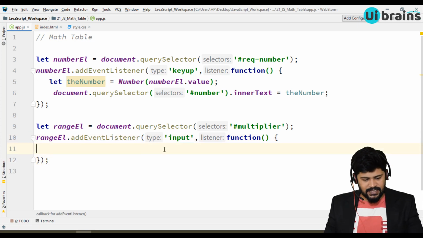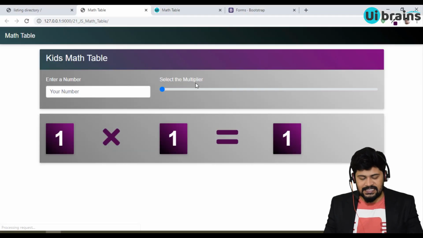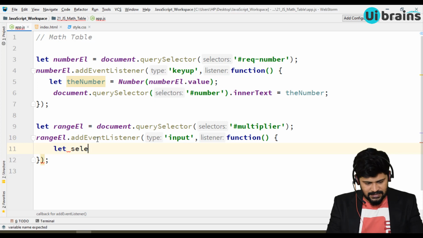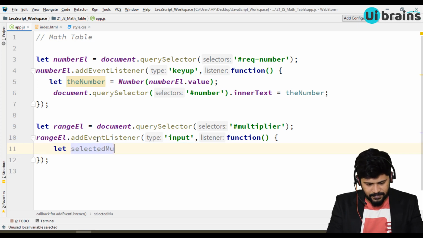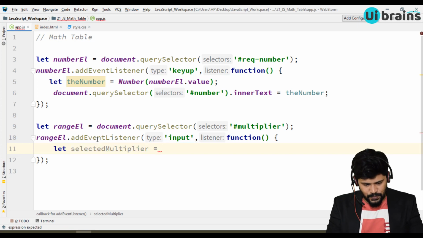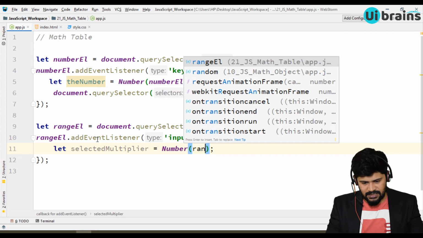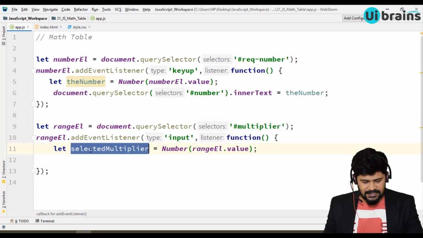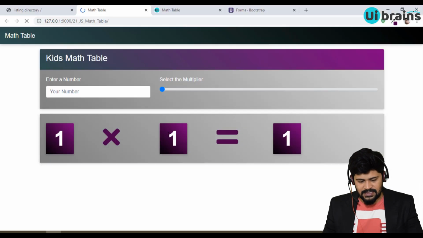Here I have to get the value of this and attach here. How to get the value again? .value. So let selectedMultiplier is equal to Number of rangeEl.value, you get the value, and this multiplier I want to attach to this element.